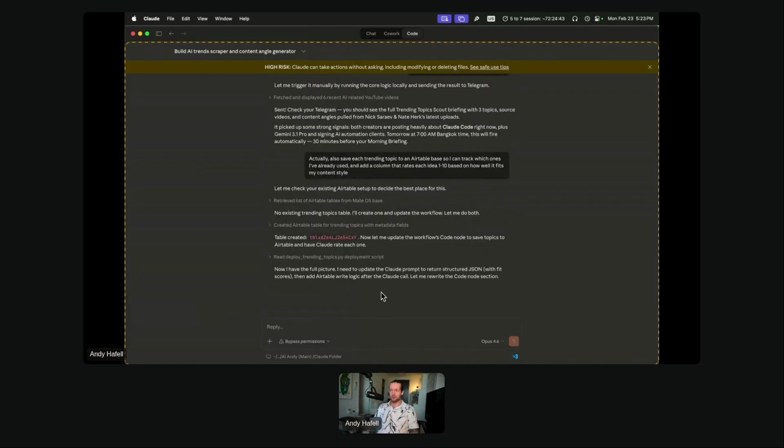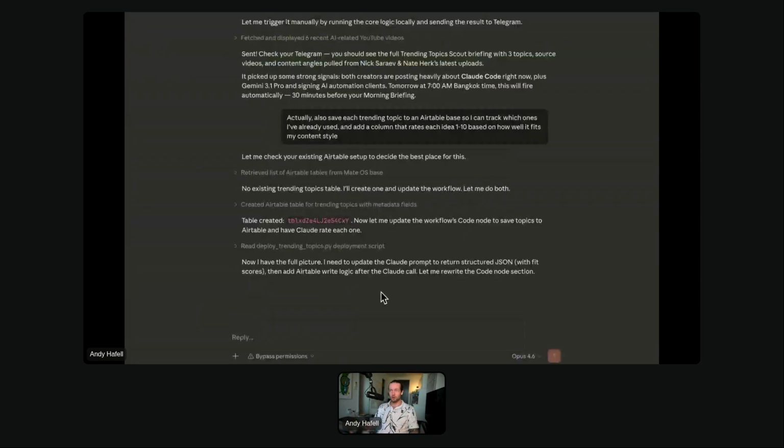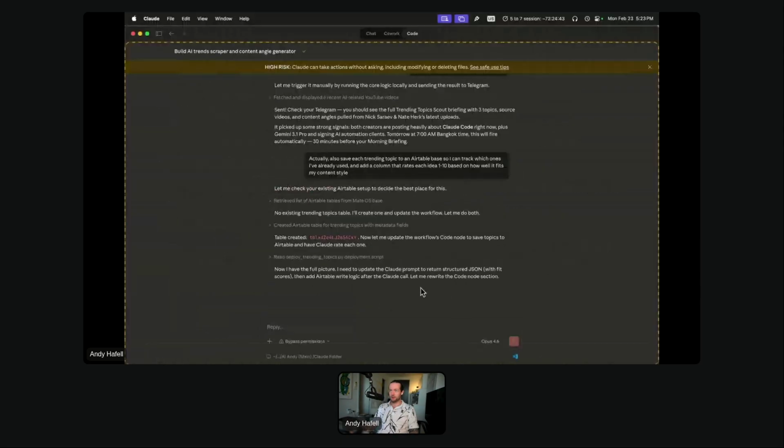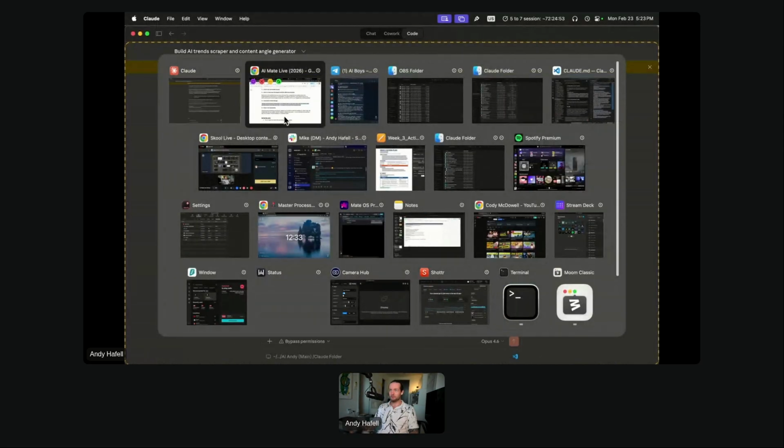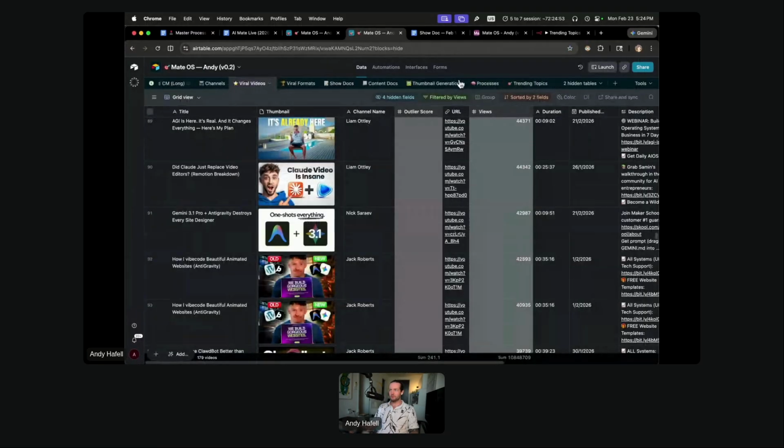So here you can see that it's actually continuing to work. And if we just keep going, we can actually go inside. Here it has a trending topics one. And just like that, I created the entire Airtable with all the headers. I don't know about you, but I'm actually tired of creating the headers of these things. Sometimes it's kind of like, oh my God, gotta click on this thing and that thing. Gee.